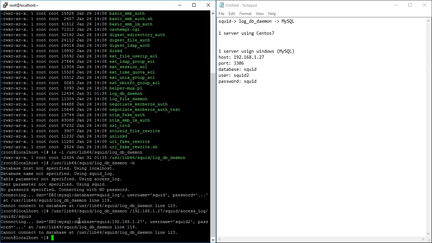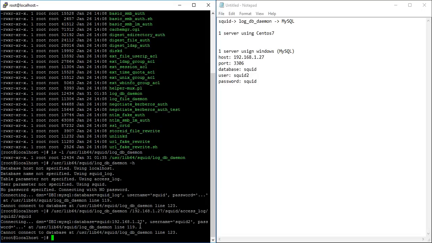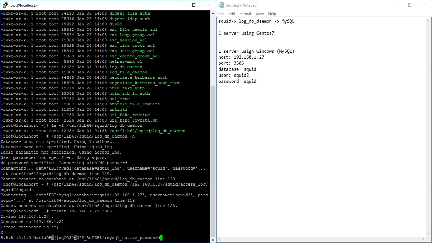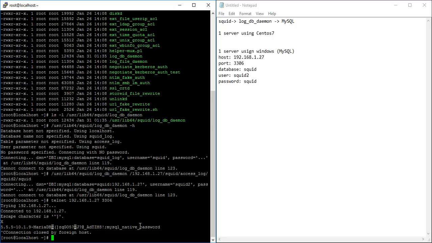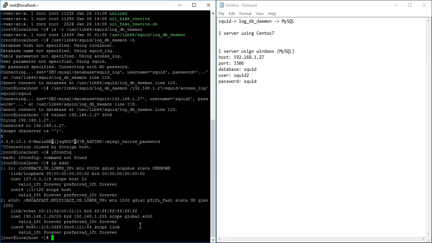So, cannot connect to database. What happened here? Let's see telnet. Okay, the database is running, but it can't connect to database. Let's see what is the IP address.